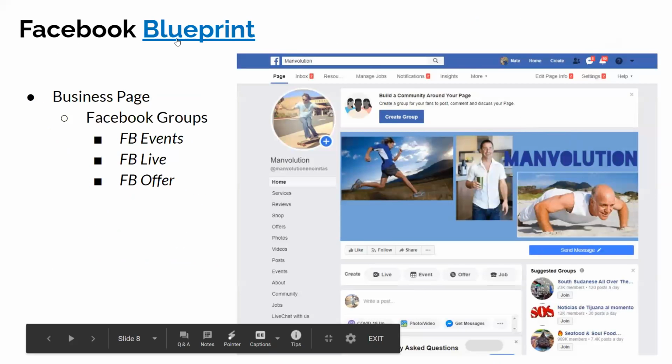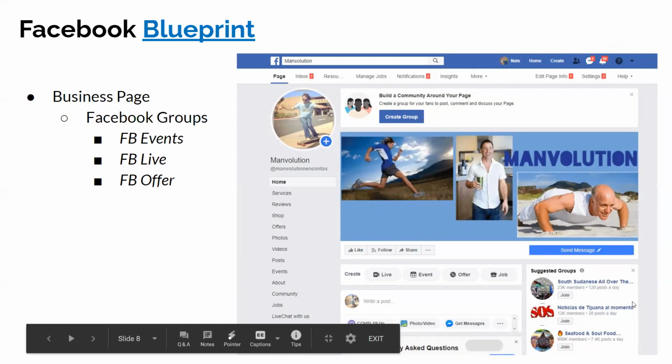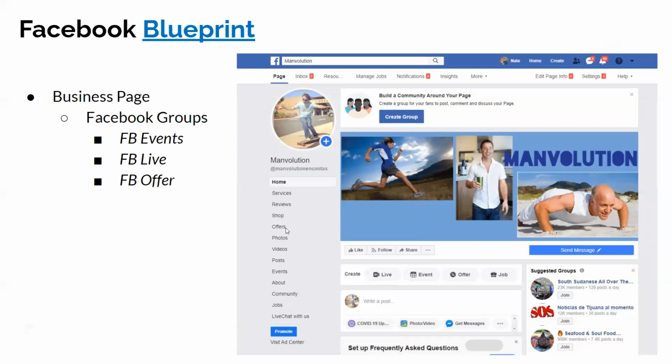One example, Facebook Blueprint, that link there, all these links are live. That'll take you to Facebook Blueprint, which is their certification platform for all things Facebook. I know for many of you being younger, Facebook is kind of a yawn, like, I don't use it personally. But they have the most well-built machine for sure. And one of the advantages is if you're on Facebook as a business and you have a business page, and here's just a sample. I mocked something up on Facebook years ago, and it's pathetic because it's not a real business. I just put it out there. So it's got some followers. It's not even real. But when you have a Facebook business page, obviously you can create Facebook events.